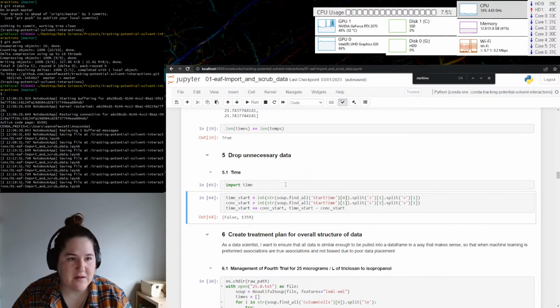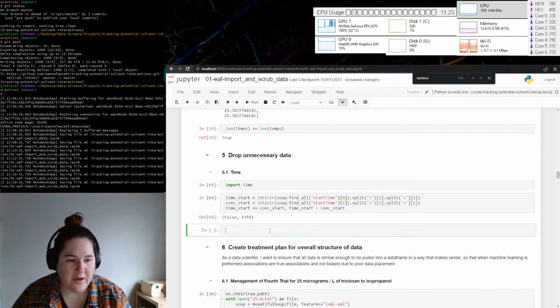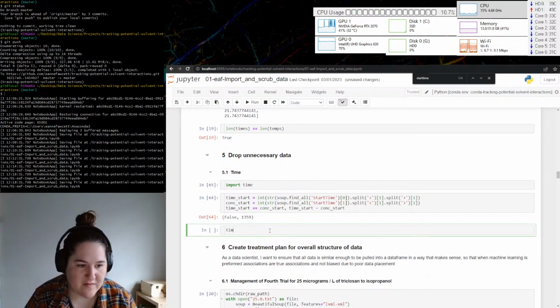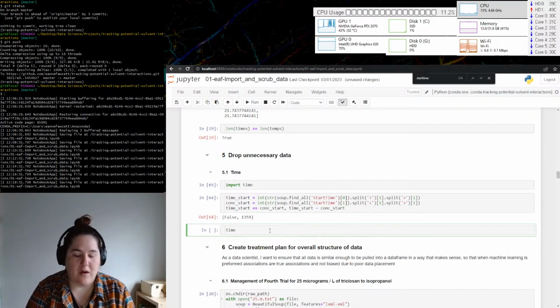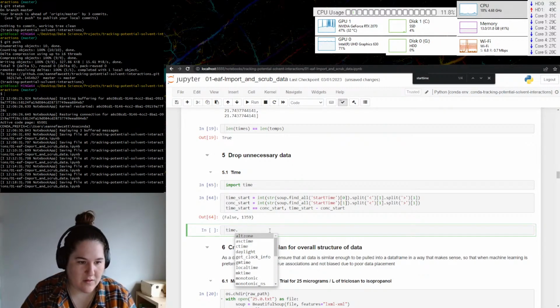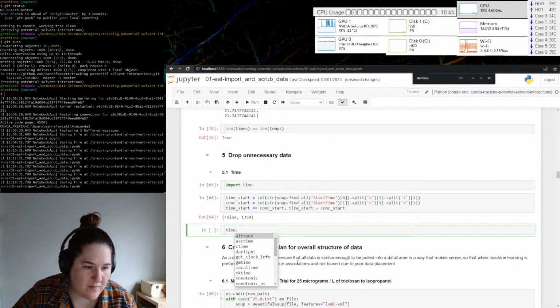So let's see what the time library has available for us. Time dot, and then I think, yeah, we can get clock info, local time, make time, process time, sleep,